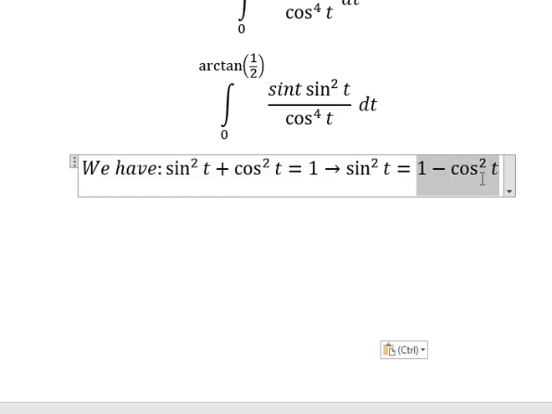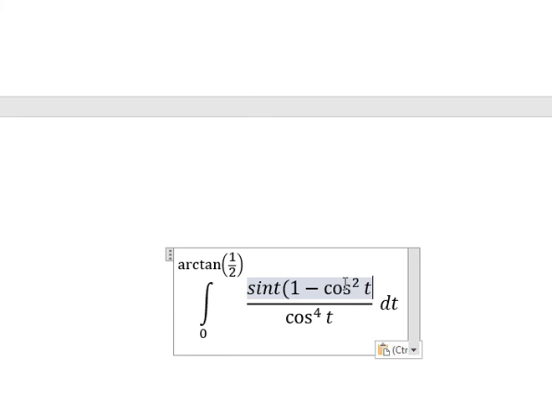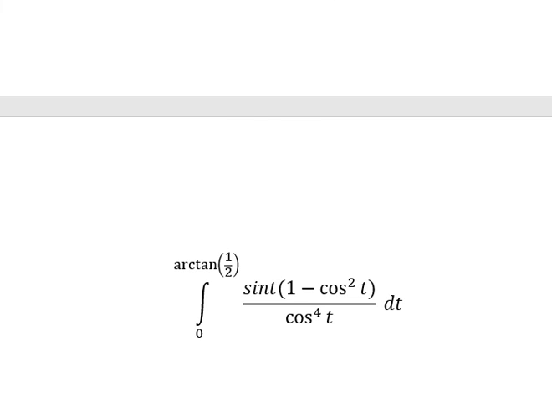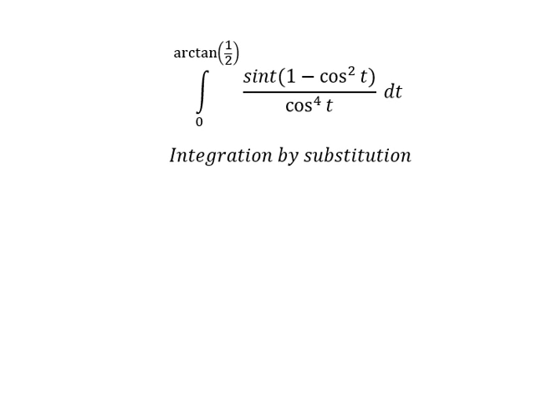So I will put this one here. Next, we can use integration by substitution. So I will put u